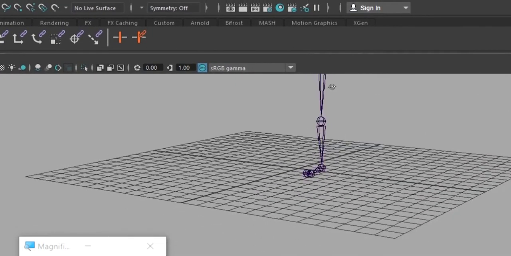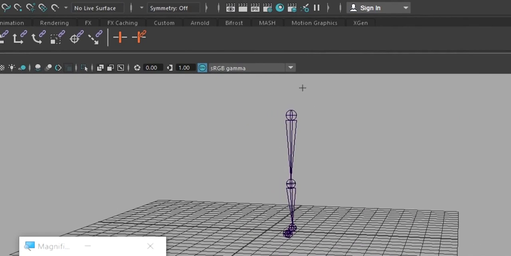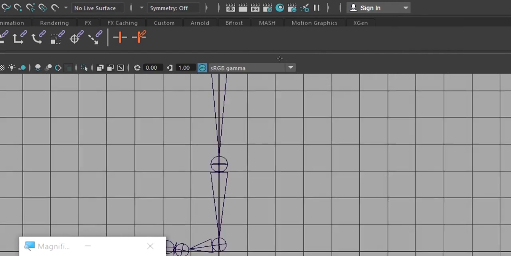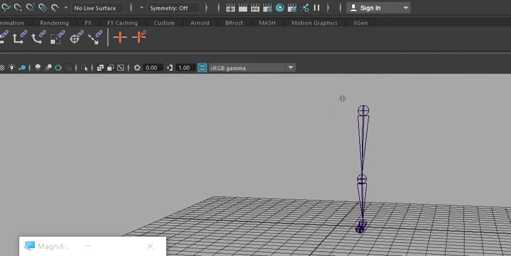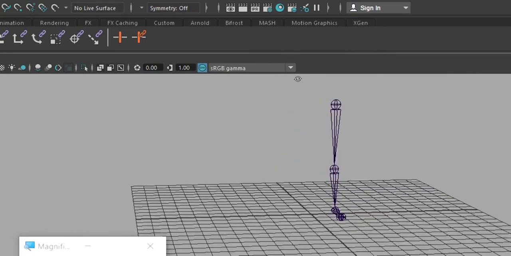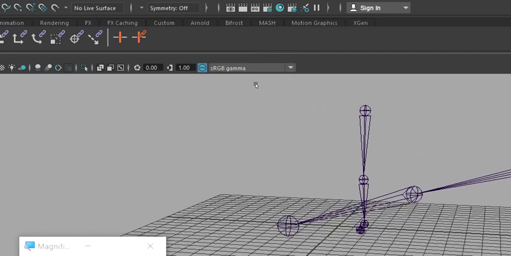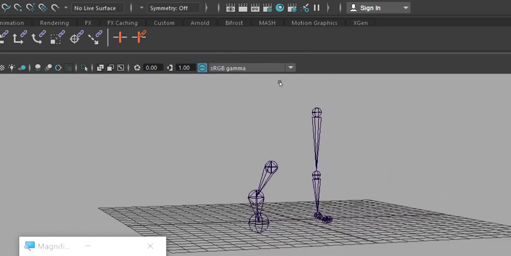Whenever you are creating a joint or bone, do it in front view or side view. Don't do it in perspective view. If I want to create a joint like this, I'm just clicking here and here and here. If I press enter, see how it has been created. Can you understand?